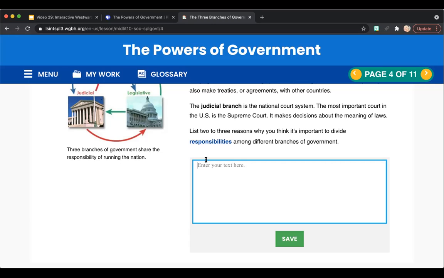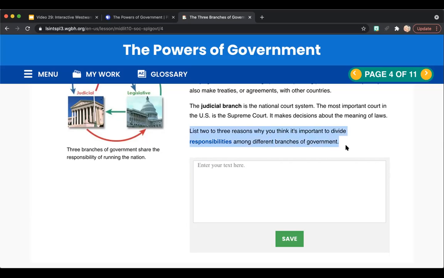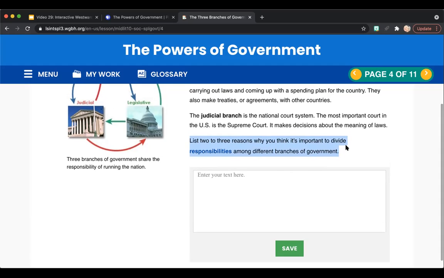What I would recommend is that if you have students on Zoom or in your classroom, this is a little stop and jot. Maybe they're doing it on a post-it, maybe on a Google Doc, but they're doing it somewhere. It does not have to be in this activity. It's asking them to list 2 to 3 reasons why you think it's important to divide responsibilities among different branches